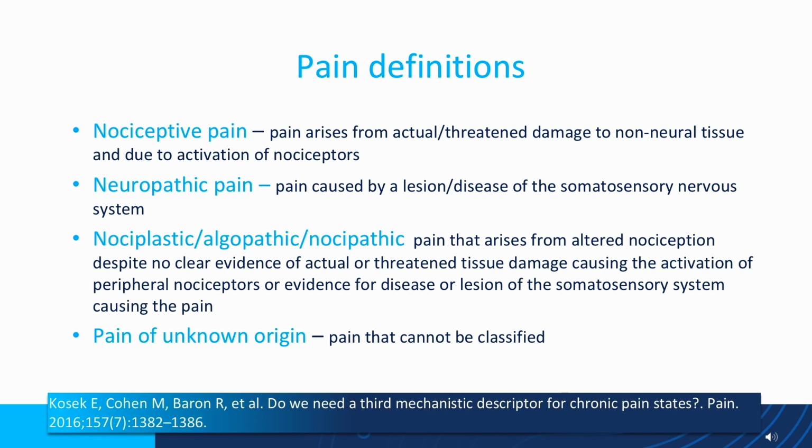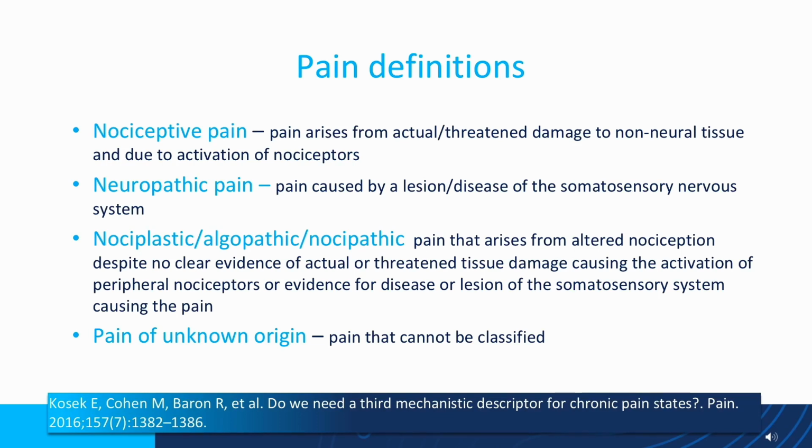You move one side differently to the other, so you can get knock-on musculoskeletal effects secondary to the neurological condition. Let's focus on some pain definitions, taking it back to a couple of basic points. Difference between nociceptive and neuropathic pain. It's important to understand the difference. Nociceptive is pain that arises from activation of nociceptors, so free nerve endings throughout the body. And that's arising from actual damage or threatened damage to these non-neuronal tissues. So that's nociceptive pain. And then you've got neuropathic pain, and that's caused by a lesion or disease of the somatosensory, so the feeling part of the nervous system.